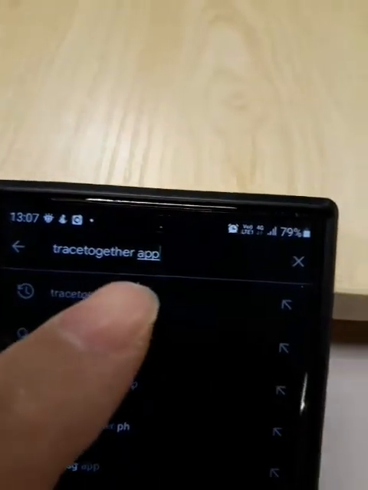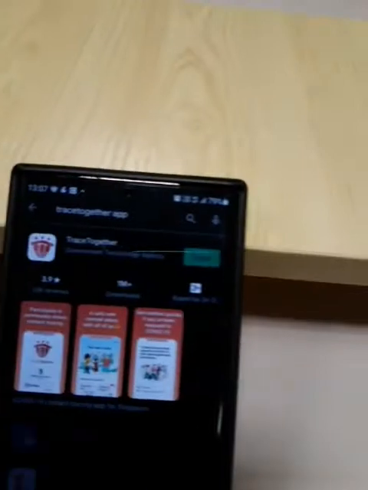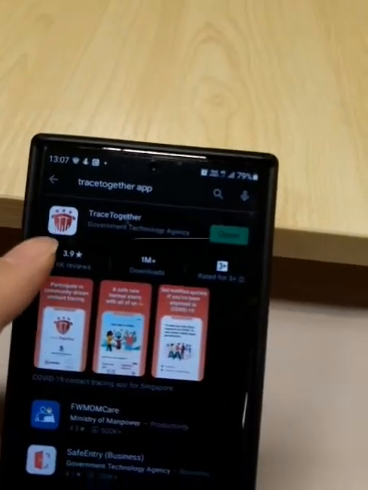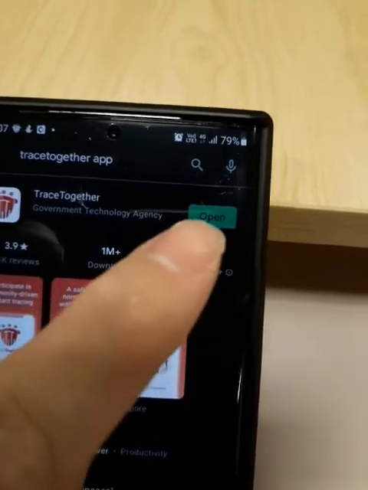Then you need to type TraceTogether and just do a search. Okay, let's do a search. You will find the app, and this is what it looks like. And of course, there will be an install button, so click install. Once it's installed,